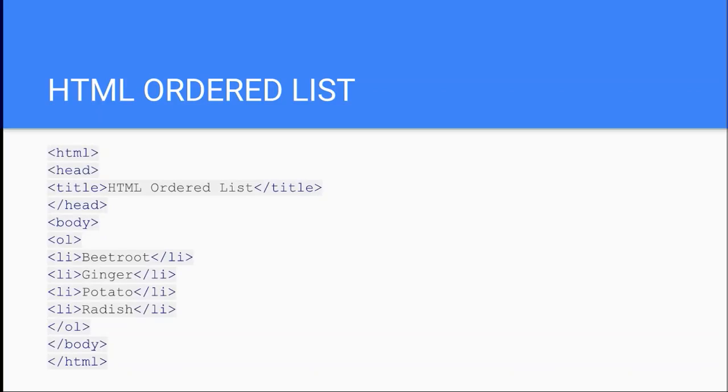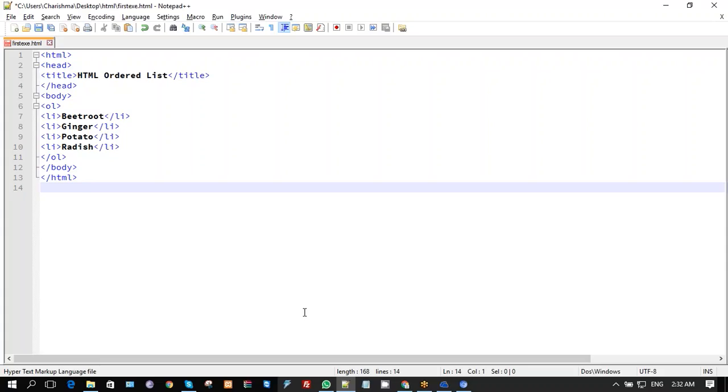So let's have a look at the code here. Instead of ul, unordered list, we mentioned ol here. It's an ordered list. So again, we have a few vegetables to list here. Let us see what happens when you execute this program. So this is the example for the ordered list. We have OL open here and OL closed here, and we have a list of 4 vegetables here, and